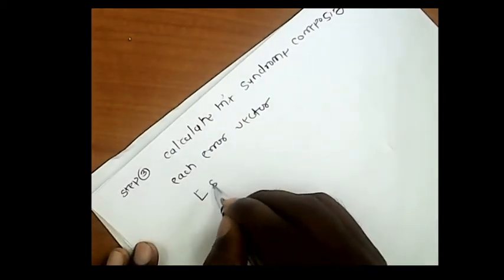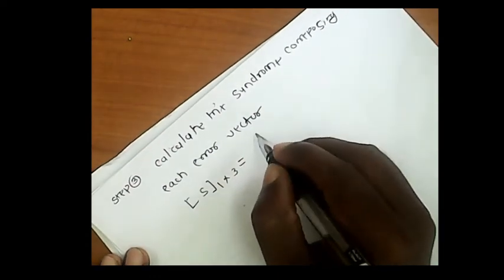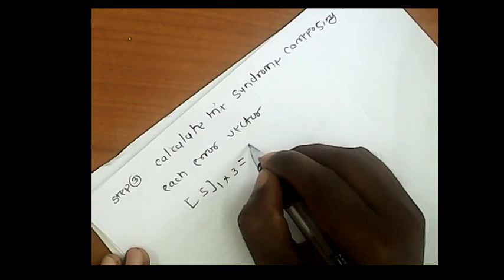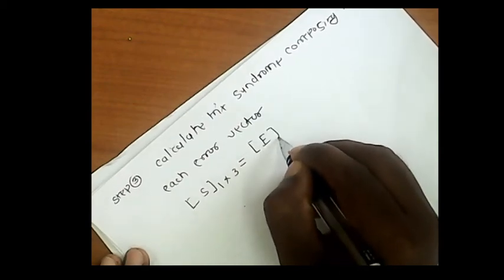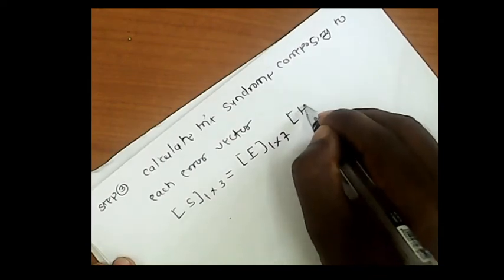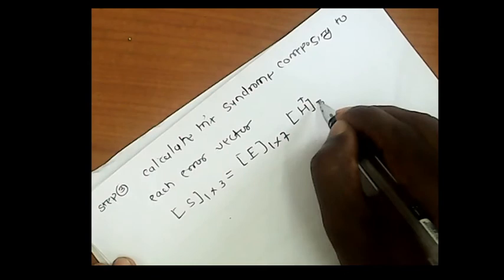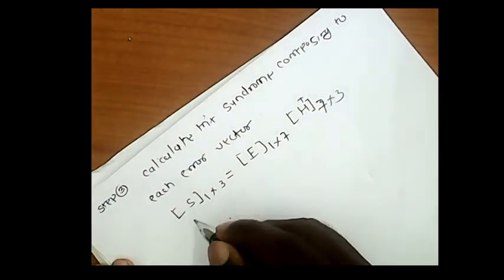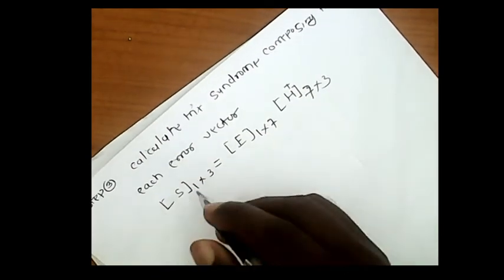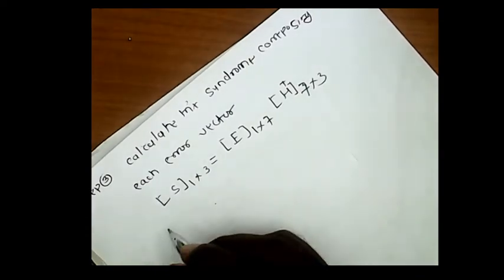So from the equation, S is equal to E into the transpose of the parity check matrix, E into HT. So substituting the values,